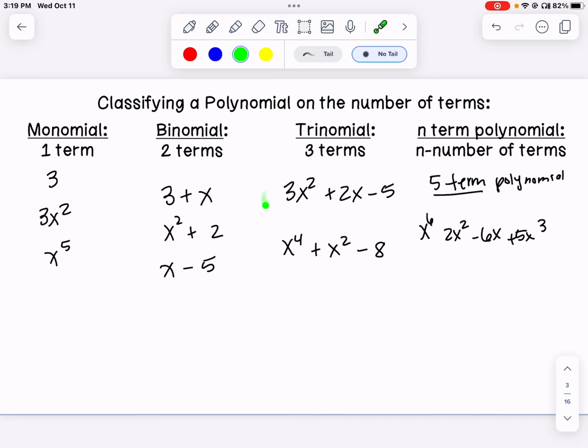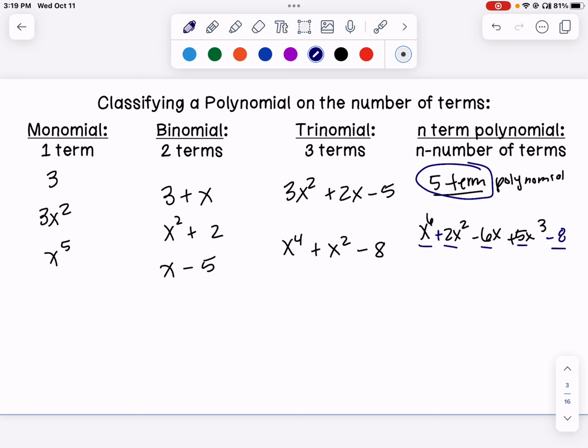Often we see these with a quadratic like this. There are 2 plus or minuses to separate the 3 terms. If you have ones that are larger than mono, bi, or tri, then we can just define it by how many terms it has. So this one has 1, 2, oops, it's missing some there. There should be a plus there, and I think a minus 8 there. Now I can see that this one has 1, 2, 3, 4, 5, so we would call it a 5-term